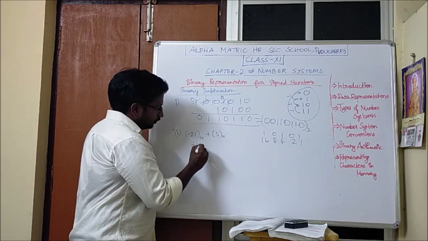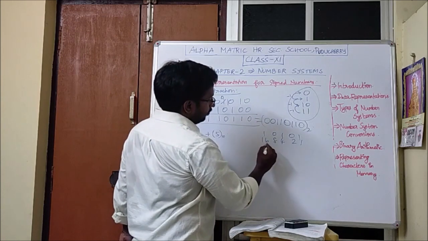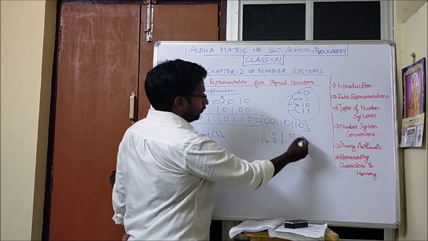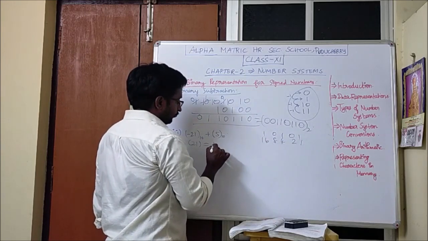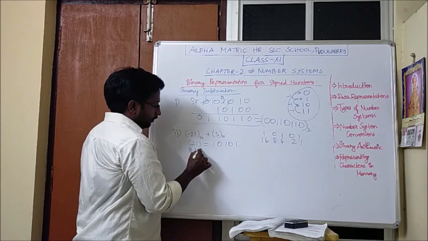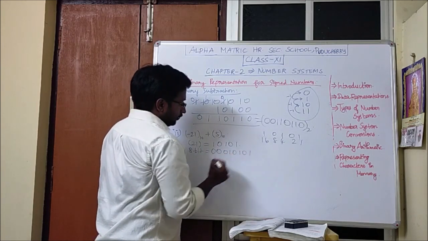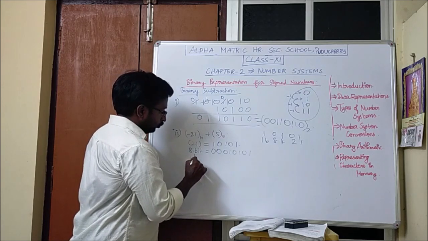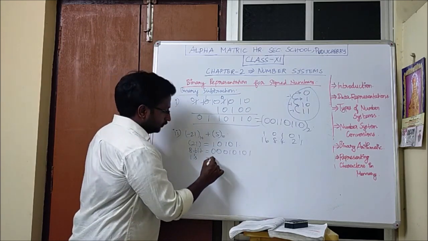So first, the 1's complement procedure is finding the binary equivalent. The binary equivalent for 21 is 16 plus 4 is 20, 20 plus 1 is 21. So I have put 1 on top of those numbers and the remaining 0. You have to write it in 8-bit form, making the values 8 digits.